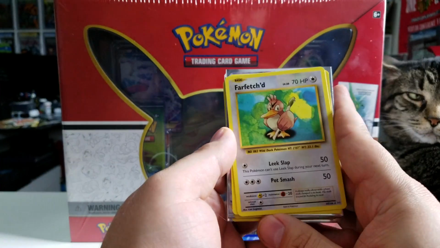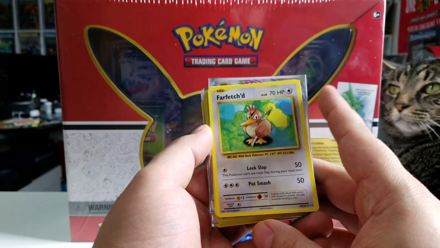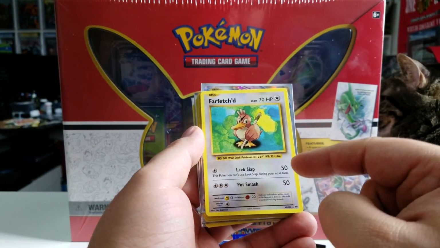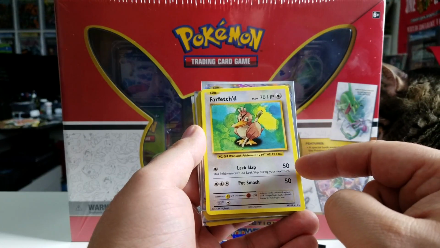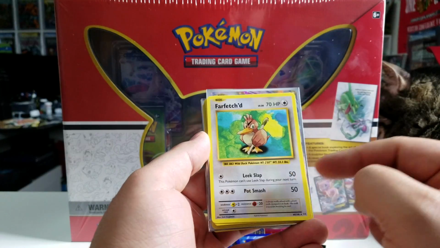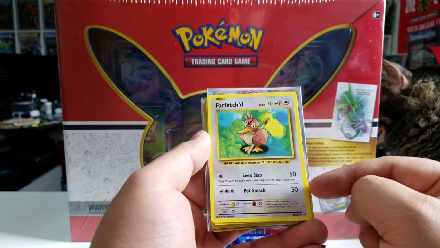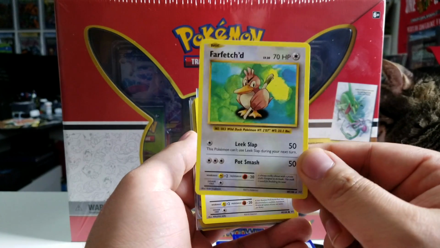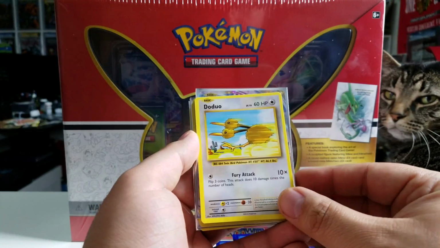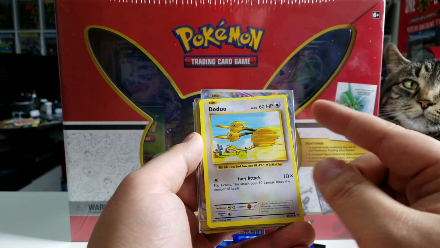Farfetch'd, which is moved to a rare slot, and oh my god, yes. 70 hit points for one basic. He does 50 damage, but that attack can't be used the next turn. So turn 1, or turn 2 if you're going second, you would attack for 50. Your next turn, put a double colorless on him, 50 again, and I cannot say how awesome Farfetch'd is. He's really good. Doduo, Fury attack, potentially 30 damage for 60 base. There is no Dodrio in this set, so